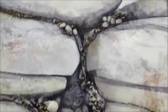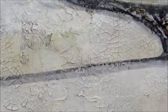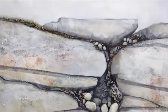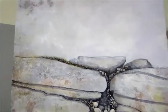And then I'm going to put the main cracks or the lines that separate these boulders stacked. I'm going to bring that out. It's going to really create some depth and shape. And then I'm going to come back and show you that, and then develop that sky in the back,